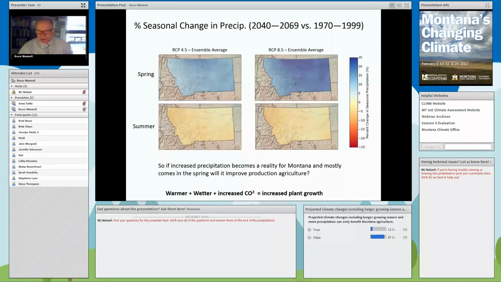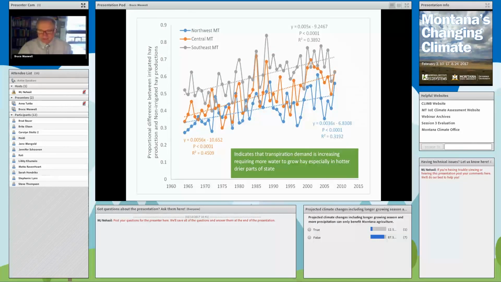Okay, this is another graph that I think exposes something important in Montana. What I did here is, on the y-axis is the proportional difference between irrigated hay production and non-irrigated production. So think about the fact that if a crop gets irrigation, it's going to produce more, but the difference between the irrigated and non-irrigated, we would expect that to just be a constant increase. However, if we look over time at what has happened, and this combines the effects of precipitation, CO2 increases in the atmosphere, and the warming in the atmosphere, what we see is an uptrend in each of these regions of the state, more so in the southeast part of Montana where it tends to be drier. It is an indication that the difference between irrigated and non-irrigated